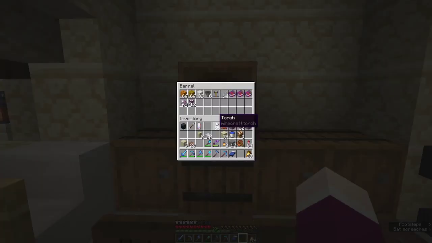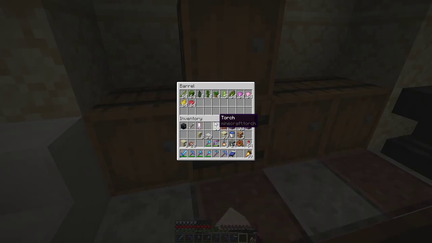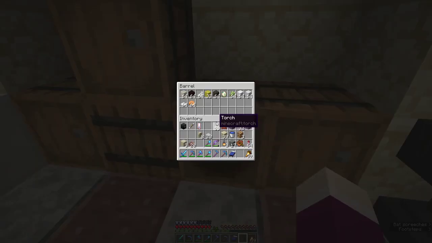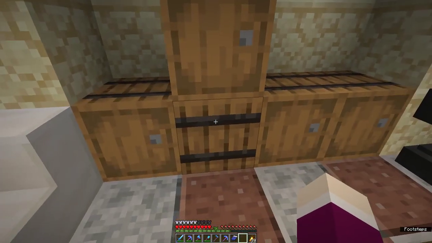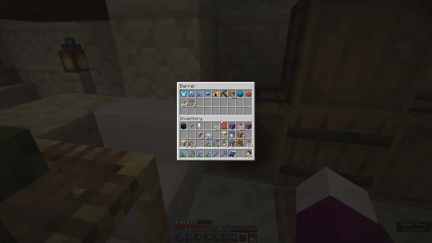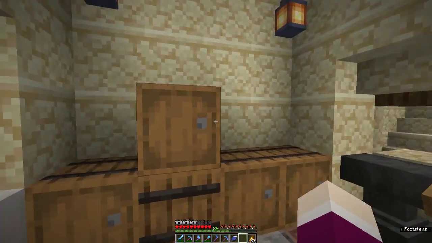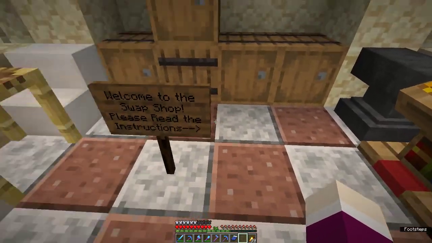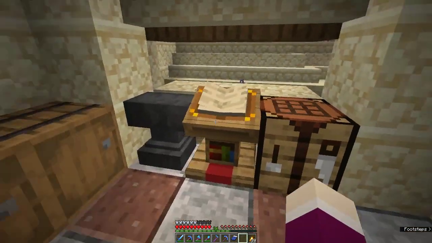Excellent. So we have everything in the barrels as far as our starter stuff, and we'll probably go through and sort of add to this as we go, and maybe other people will just throw stuff in there too as far as donations for everyone else. But we've got some basic starter stuff in here to get our shop going, and then over here we have our book. So you walk in, you see the little thing that says read the instructions, go over here to the book, and we say,